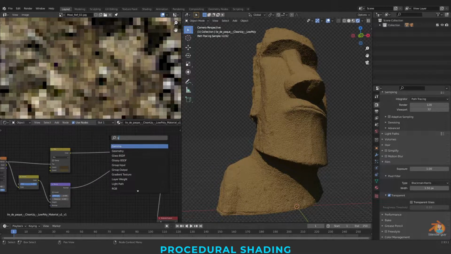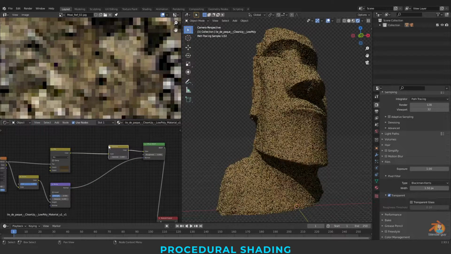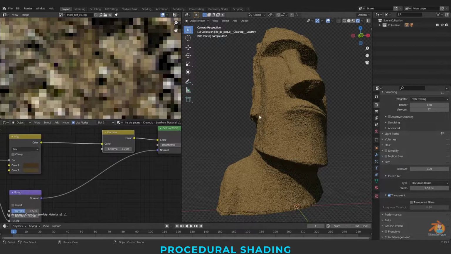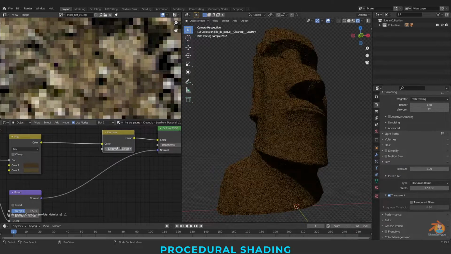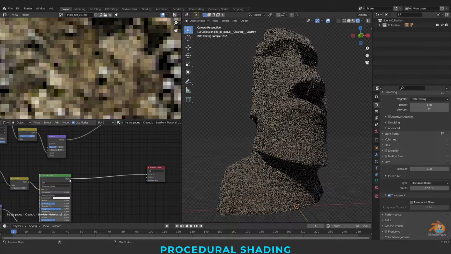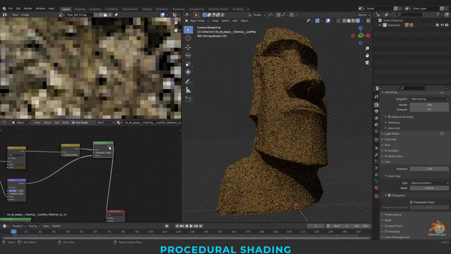I'm taking a Gamma again to control the color. So now we have two of these.